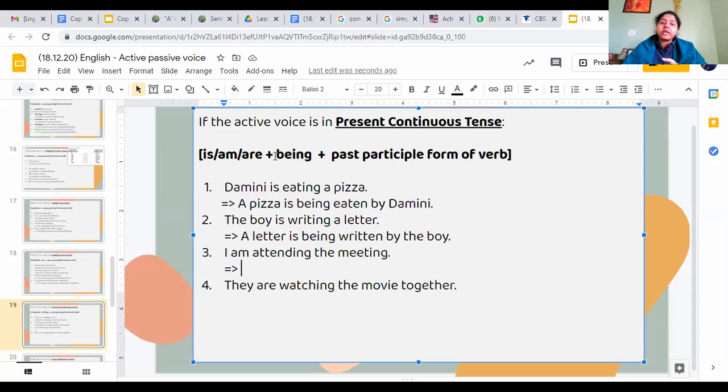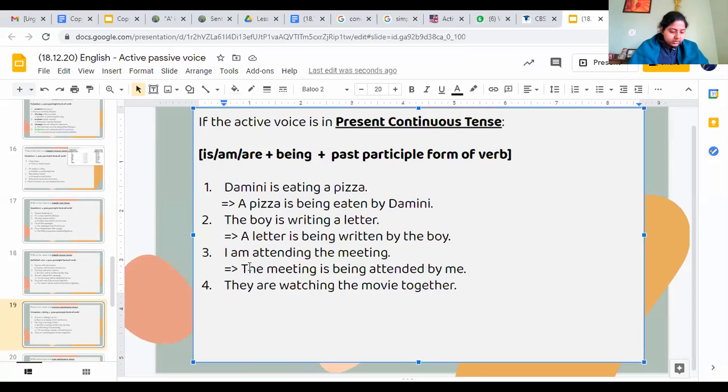Bhumika, make sure being भी add होगा, ठीक है? Being भी add करना है. So again, object is the meeting. Here the meeting is singular, so is. Then I will add being. So singular हो, plural हो, कुछ भी हो, being तो लगेगा ही in present continuous tense. The meeting is being. Then third form is attended by, and I का बन जाएगा me. The meeting is being attended by me.